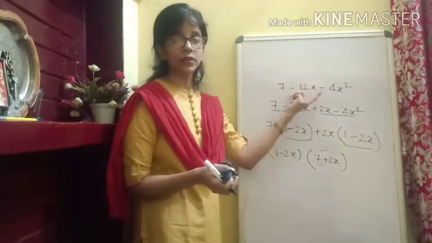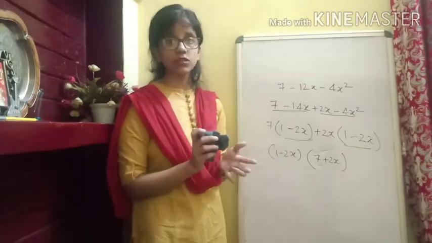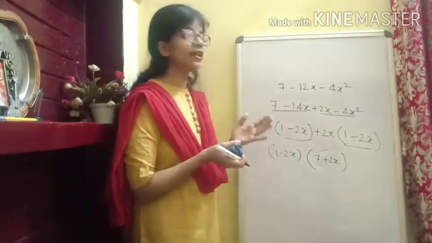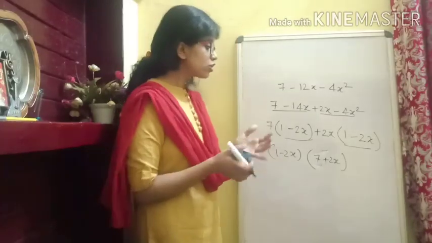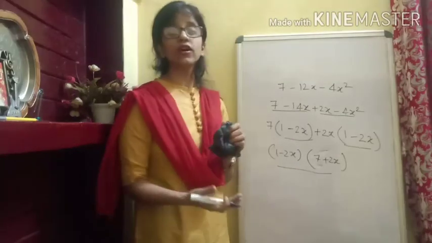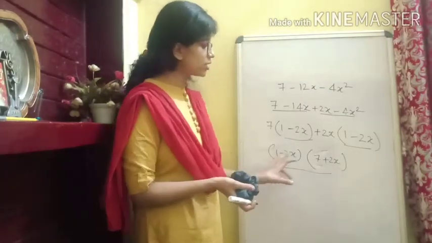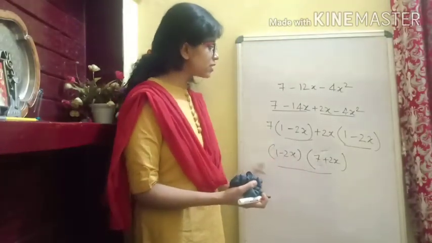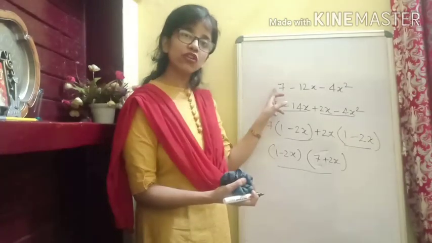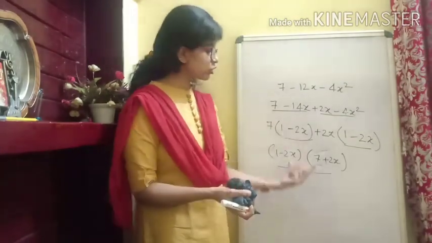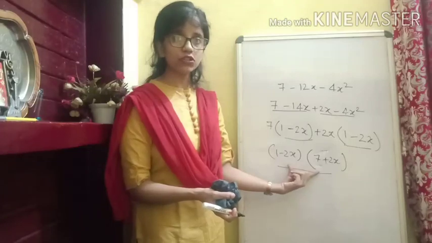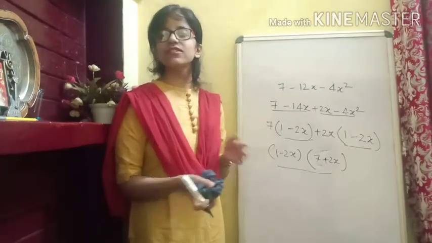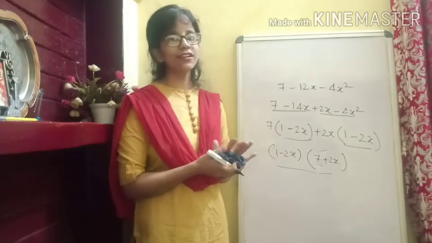I'll be giving you some questions to simplify, and please solve these questions and check whether you're getting the steps or not. Also, whenever you get the answer, to check whether you have the correct factorization, you can multiply the brackets again. You open the bracket, multiply them and see whether you're getting the question back. If you're getting the same question, that means your factorization is correct. That's how you can check also. Keep practicing, keep solving your maths, keep utilizing your time, and then we will meet in our next class.